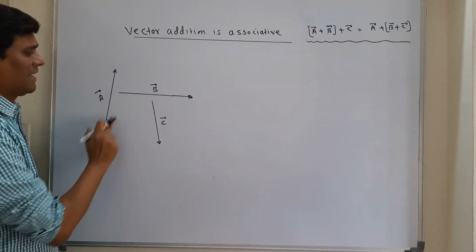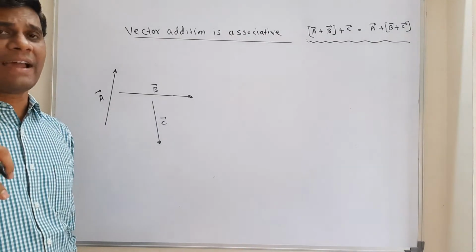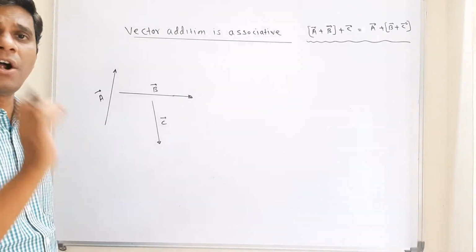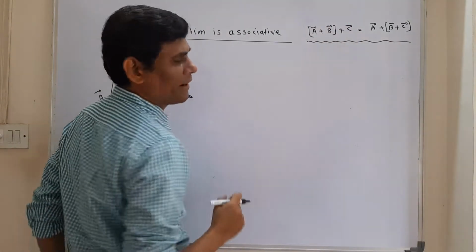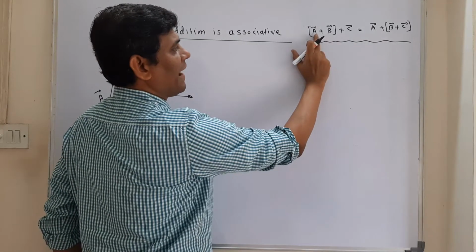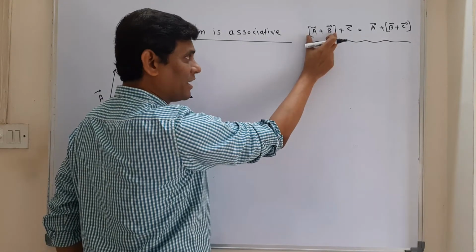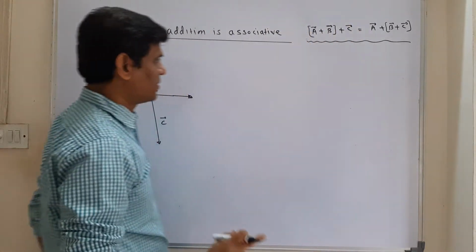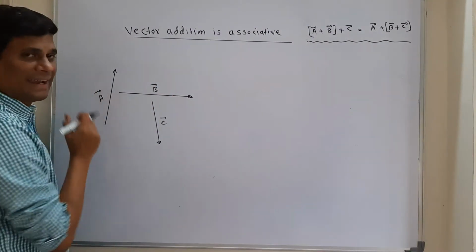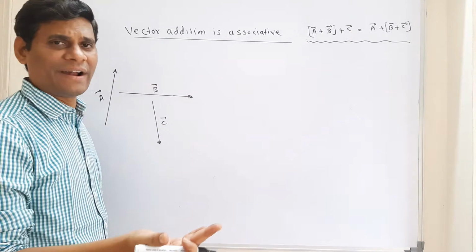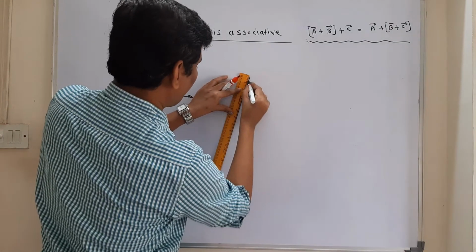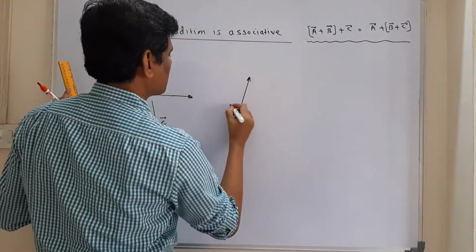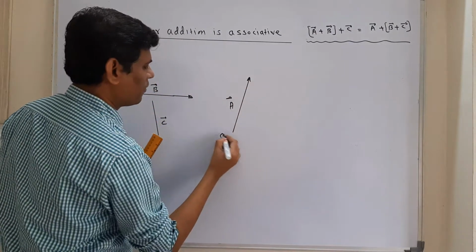So we are taking three vectors A, B, C. Now the orientation of the vectors can be anything. We are taking it in a simple way in order to prove it as per the textbook. Now here first we will concentrate on this part. It says first you add A plus B and whatever vector you get, add that with C. So first A plus B. So take vector A and vector B, follow the triangle of vector addition, and we will get the resultant. So this is vector A in magnitude and direction. Let us represent vector A by OP.